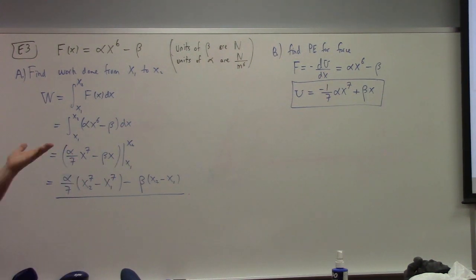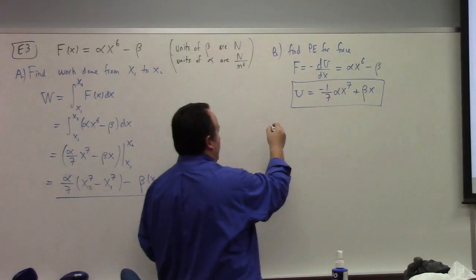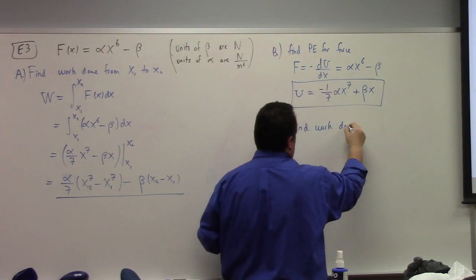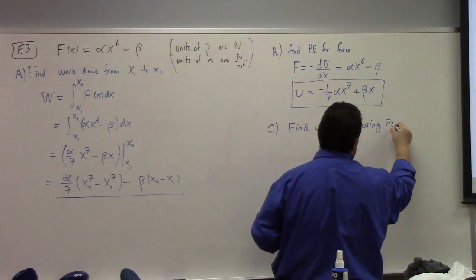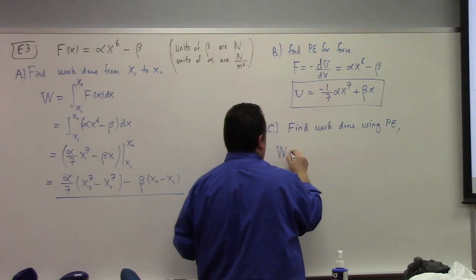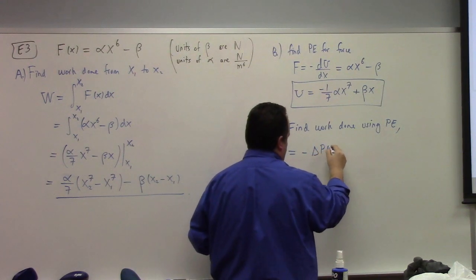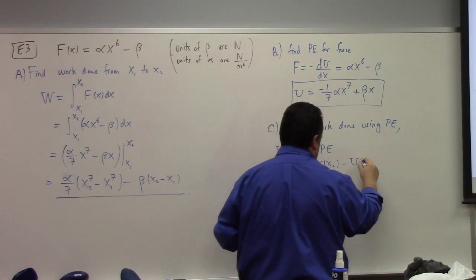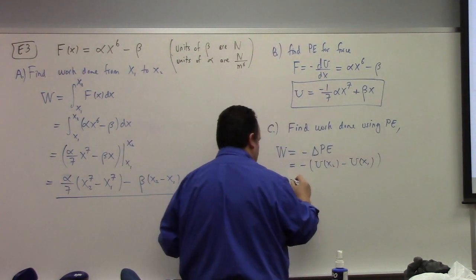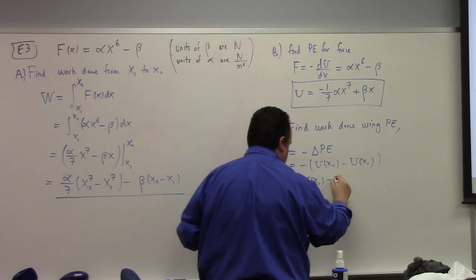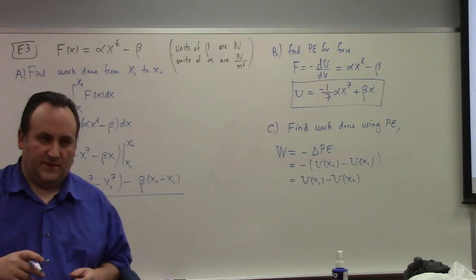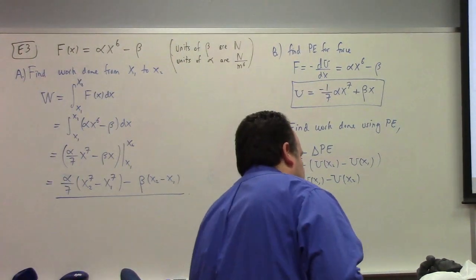So if we know the potential energy is this, how would you calculate the work done using potential energy? Remember, the work is equal to minus the change in the potential energy. So that would be minus u of x2 minus u of x1. I factored the minus out. I mean, that's u of x1 minus u of x2, if you like, right? Which then, if you just plug x1 and x2 into the formula we just derived,